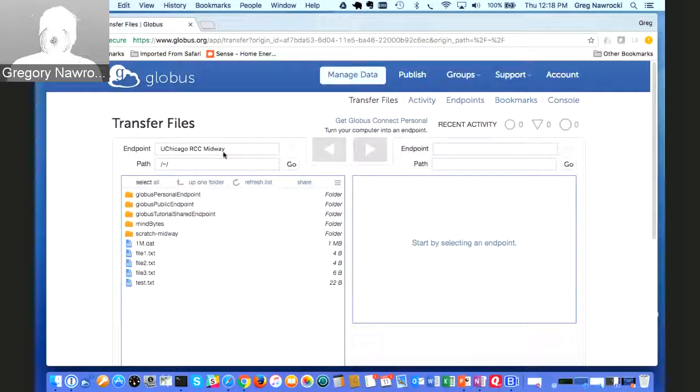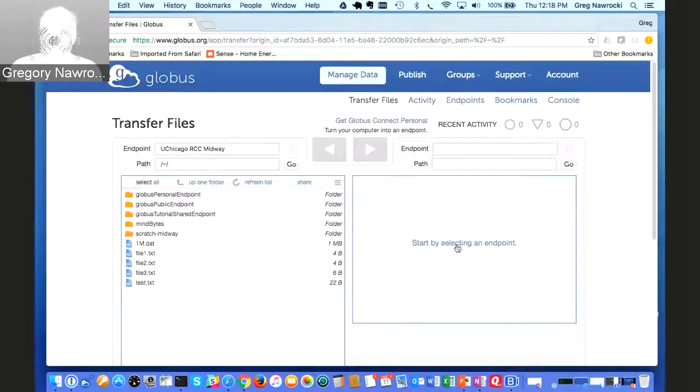So I searched on Midway, clicked on it, and lo and behold, there we go. They had Globus Connect server all set up on Midway's RCC, and you'll see this is my root directory, my home directory on Midway, and I've got some test files there that I've been transferring back and forth. Like I say, I do these demos quite often, but that was it. There's my endpoint. There's my personal directory system.